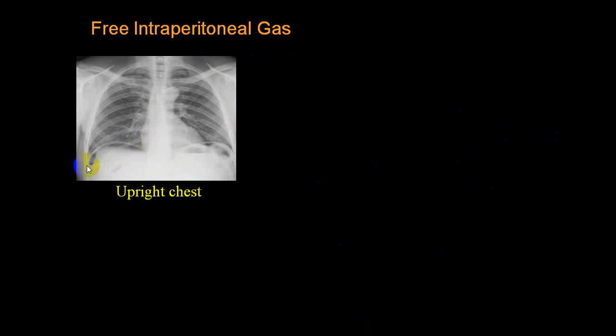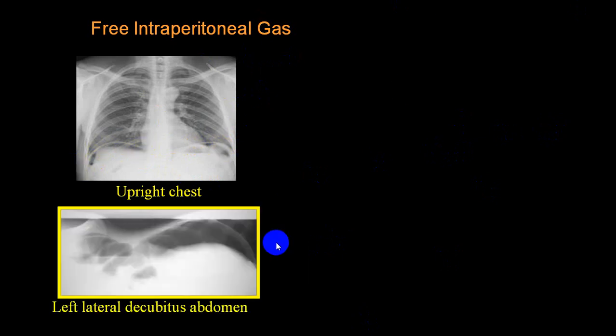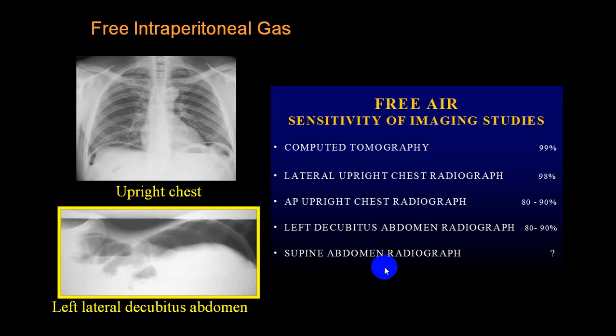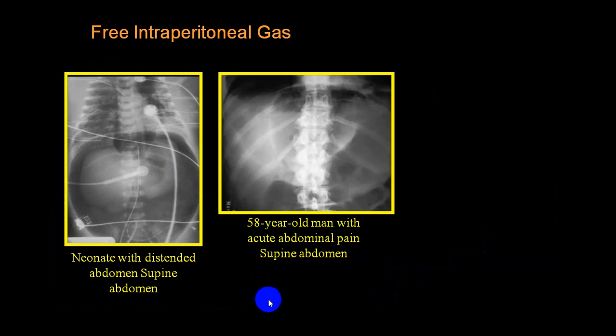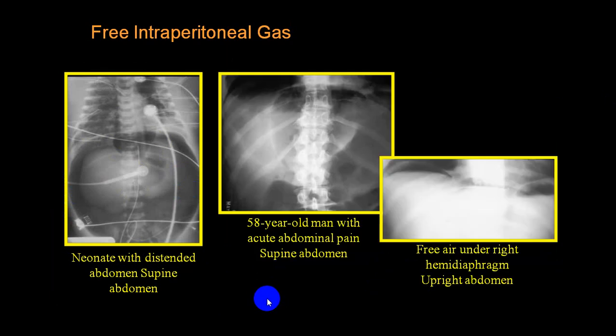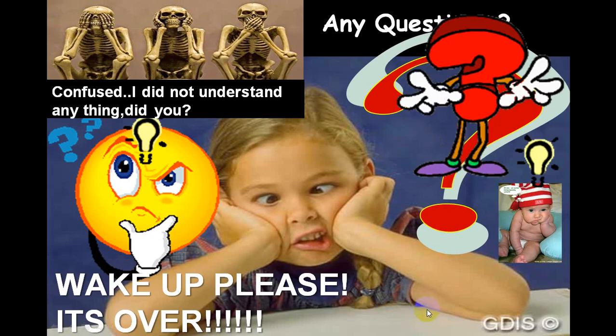This is the diaphragm. Below the diaphragm, this is a black shadow here. So this is because of gas under the diaphragm. And this is in a lateral decubitus. This is the abdominal wall, and you can see gas here in a left lateral decubitus. So these are all the conditions which you should be able to identify very clearly. You can see a lot of air in the abdomen, free intraperitoneal air. You can see it below the diaphragm, very clear. So try to differentiate all those things.